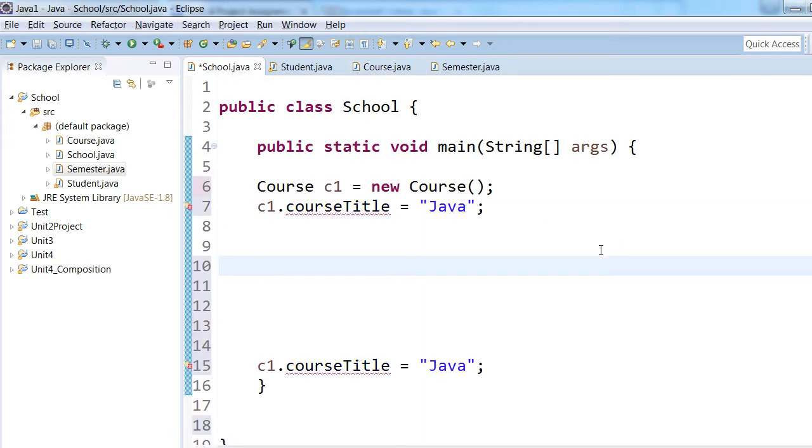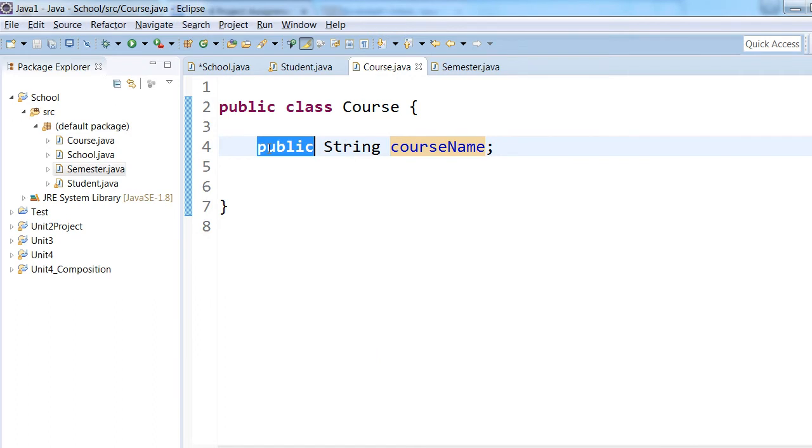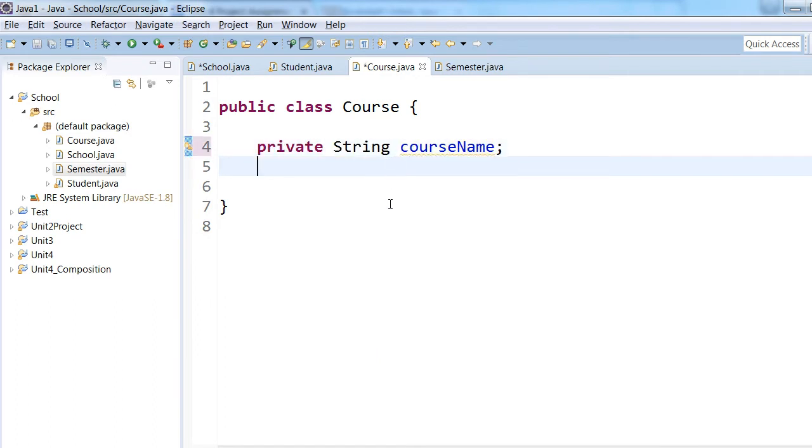Now what happens? Yeah, so your code here is no longer valid. It's a course name now, it's not course title. Well, if you have 100 of these lines, you'll go and find them and change them, right? Manually. Okay, so the reason why you want to set it to private is because